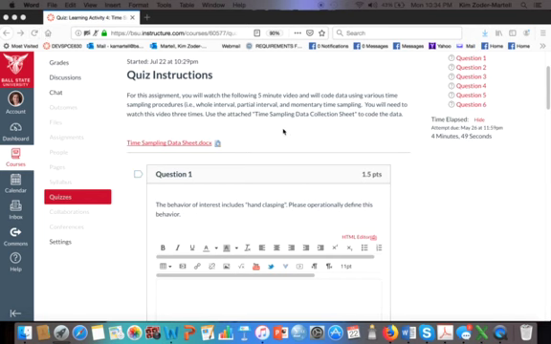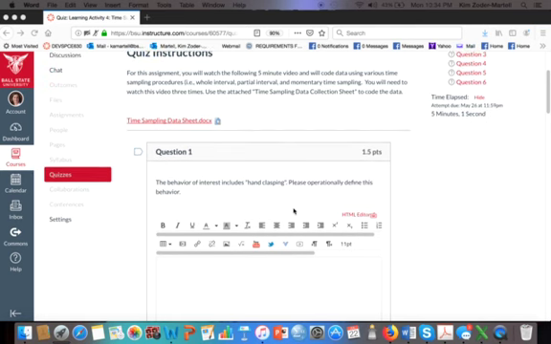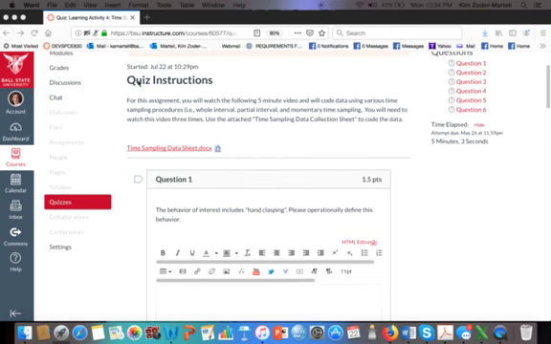I missed saying it, but at the very bottom of that data sheet it says percent intervals. That's where you will calculate the percentage of intervals in which the behavior occurred for each of the time sampling procedures. So keep in mind that although this is set up as a quiz in Canvas, there is no time